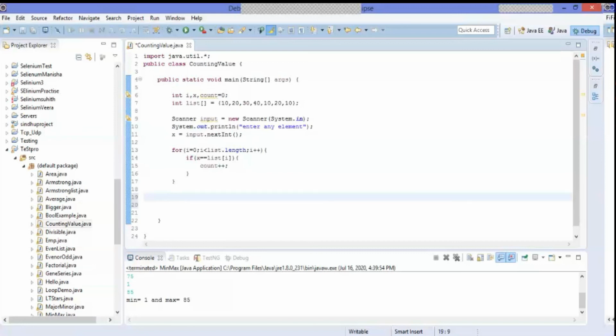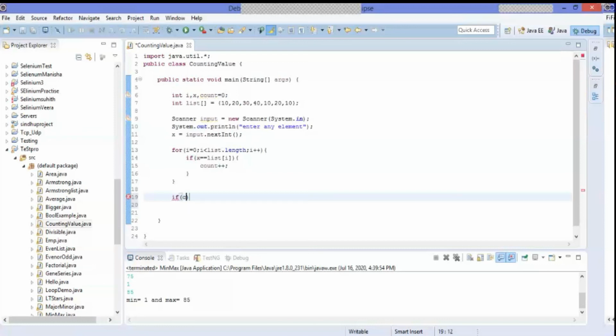Finally, if count is at least 1 or 2, then the element is there and the respective count will be displayed. If count is not incremented by at least 1, it remains 0, which indicates that the element is not in the list.